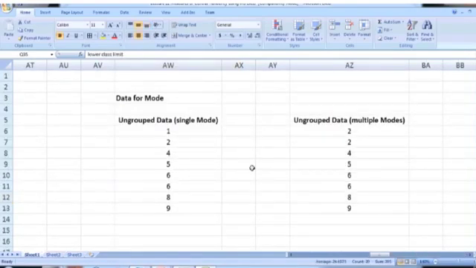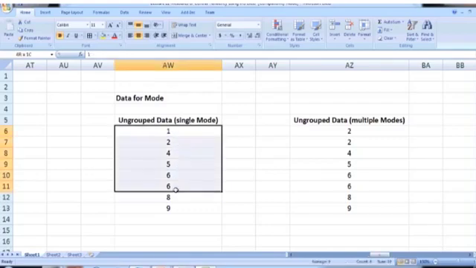So next we discuss how we can use MS Excel to calculate mode. We first discuss how to calculate mode for the ungrouped data. And here is the example of single mode. There are different commands in Excel to detect one mode or multiple modes. Currently here is our data: the observations 1, 2, 4, 5, 6, 6, 8, 9. From this data we can see that 6 is occurring 2 times, which is more than any other number. So from this overview of the data, we can see that 6 is the mode.